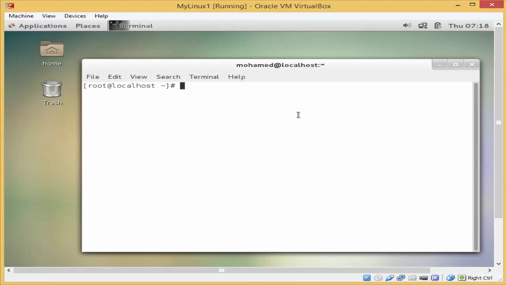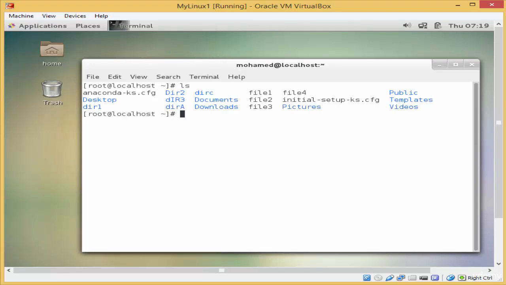This lesson is about changing the names of files or directories using the mv command. First of all, I'll type ls to view the files and directories that I have. Okay, now for example, I would like to change the name of this file over here from file1 to another